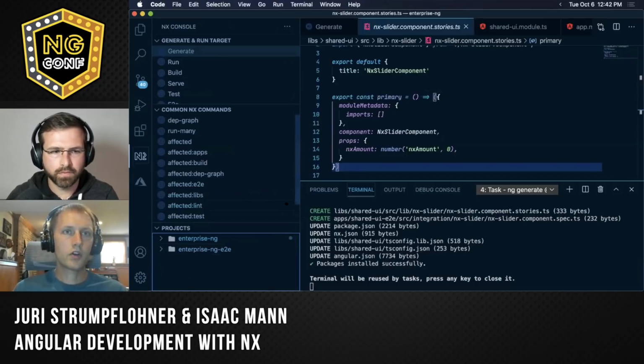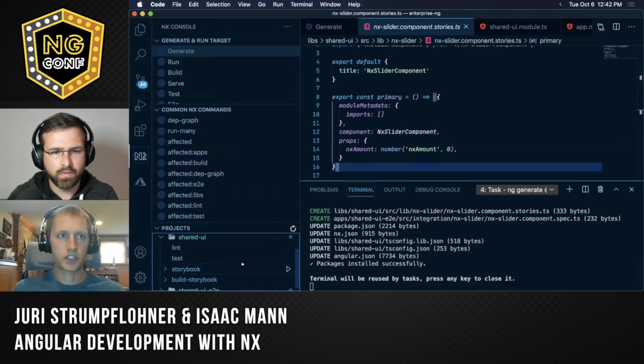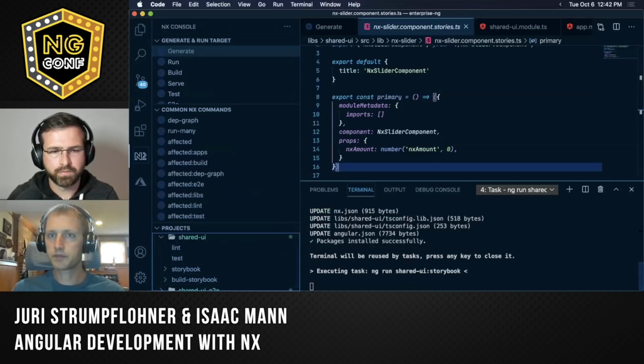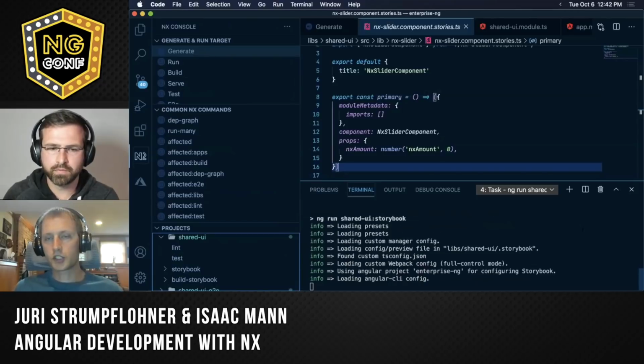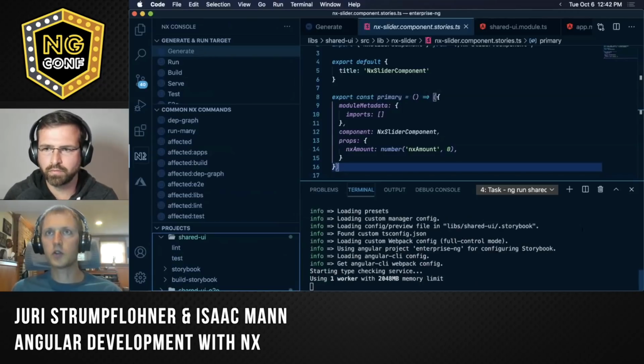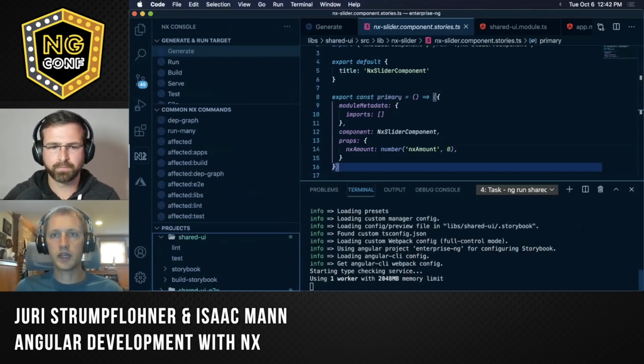So under your projects in the NX console here, this has not been updated since we've added the shared UI library. So just click the refresh button over here and it repopulates that. And now there's a Storybook builder here for the shared UI library. So I'm going to click run here. And this will launch a Storybook instance for us to look at our slider component in isolation from the rest